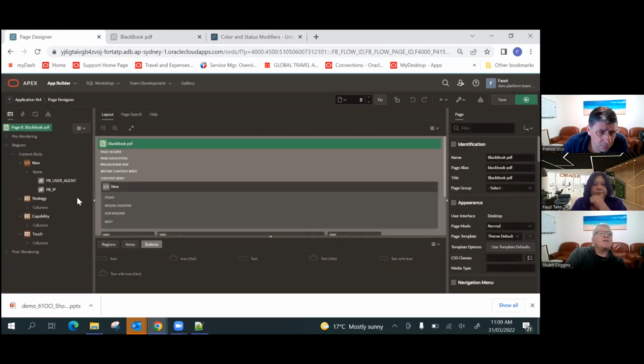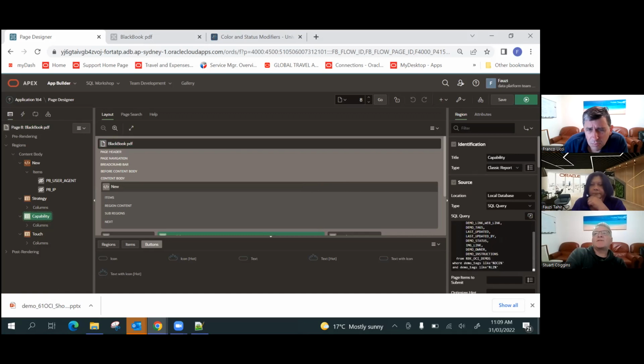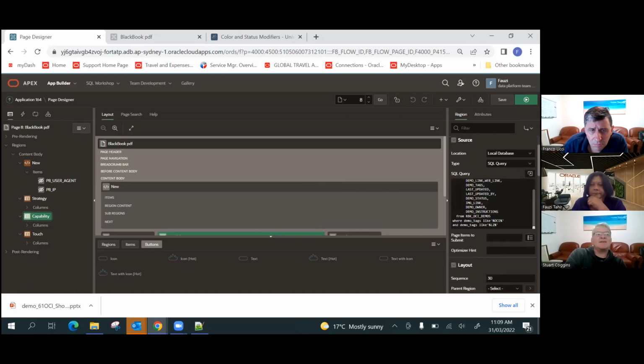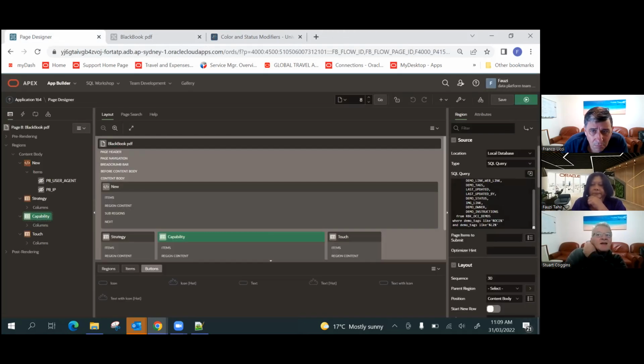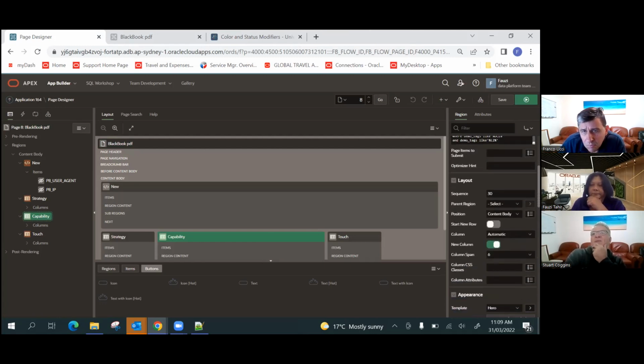So what we can do is if you click on capability, for instance, just on that report that you've got there, what you'll see here is a number of places. Can you just get rid of that PowerPoint? Just click the X next to show all at the bottom. Just get rid of that. That's it. Okay. So now if you just scroll on that right-hand side, you'll see some places where you can